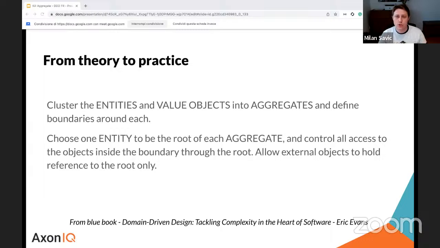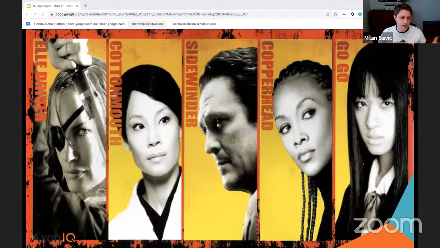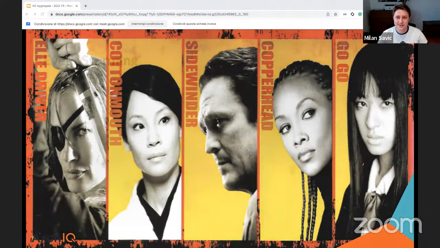So we are going to see some of the pitfalls of using aggregates. I have guessed that you already have the idea that the theme of the presentation is going to be around the Kill Bill movie. So we chose 5 villains from the movie, and each one of them will represent one of the pitfalls of the aggregate approach. For those of you who watched the movie, I guess that you're going to have a great experience, and the others, I hope, will have a good enough experience as well.